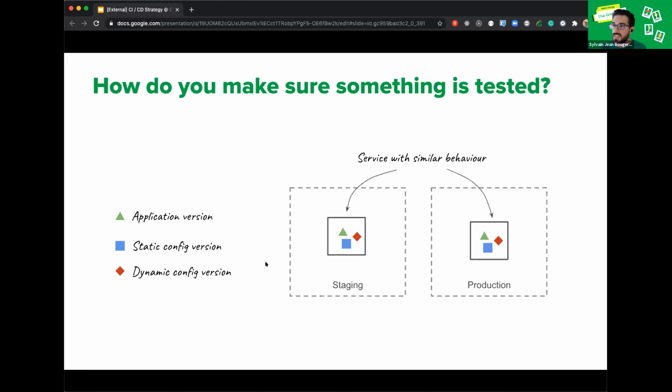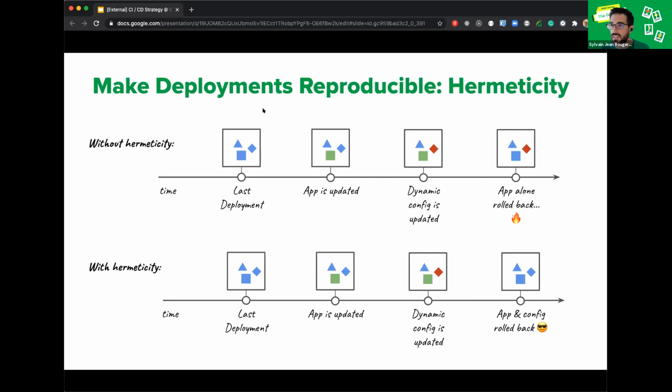And each of these things can alter the behavior of the services. And so what you have tested in staging, if it's not exactly the same configuration set as what you are putting into production, you might not have tested the right thing, and therefore it might not be a good sign that your service is working. So how do you make sure that it is tested? Well, we made deployment reproducible by tracking every single kind of change that is happening on our services.